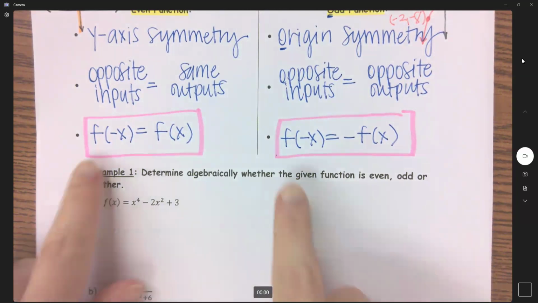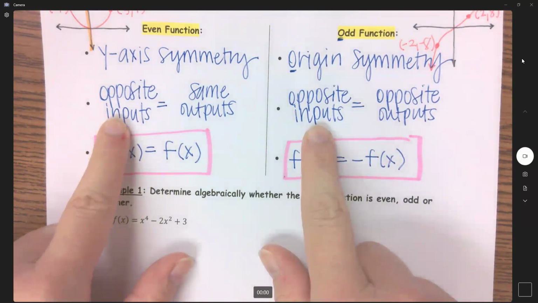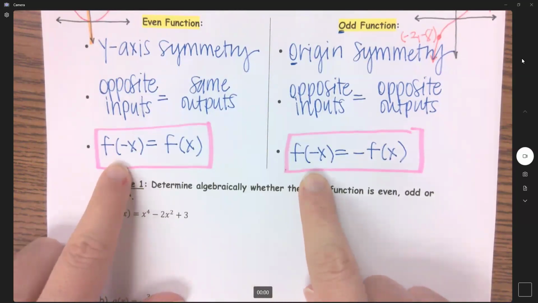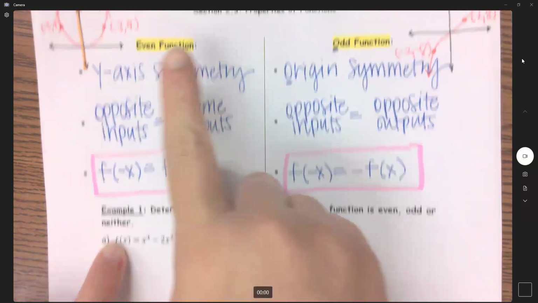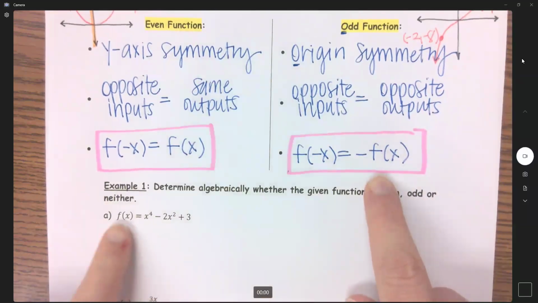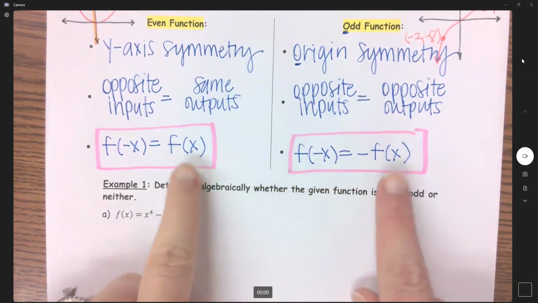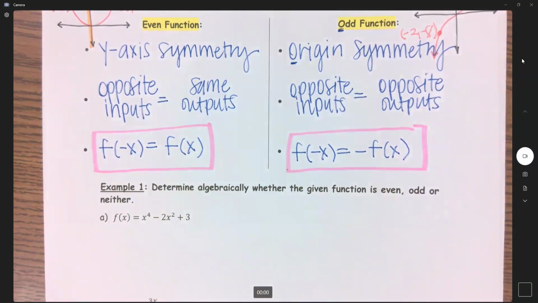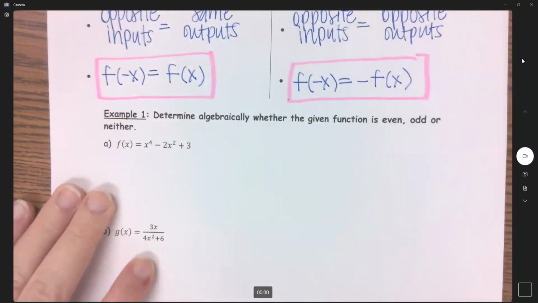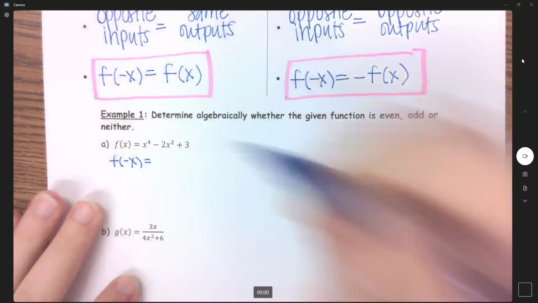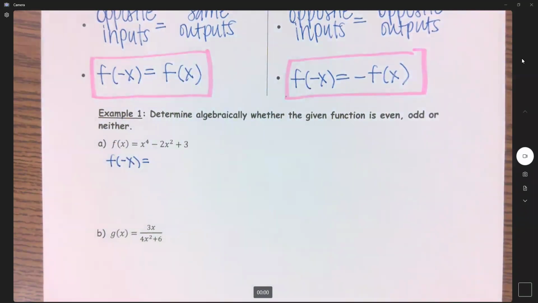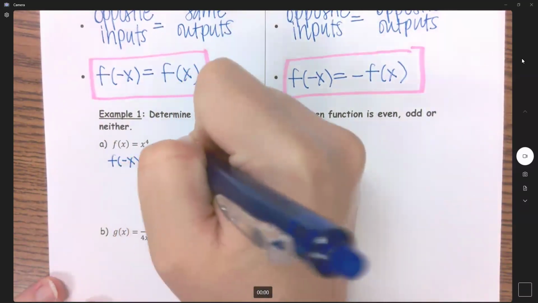So what we do, because both of them have to do with opposite inputs, is put in an opposite input of negative x. If I get the original function, then it is even. If I get the opposite of this function, the negative function, then it is odd. If I don't get either of these outcomes, then it's neither. So let's try. We have our f of x here. So I am going to substitute in f of negative x. Everywhere I see an x, I am substituting in a negative x. So we get negative x to the 4th